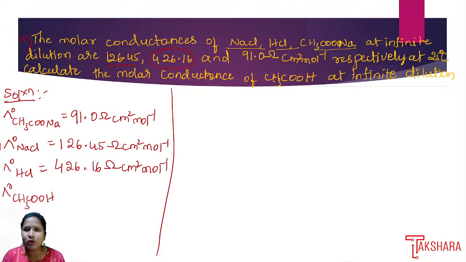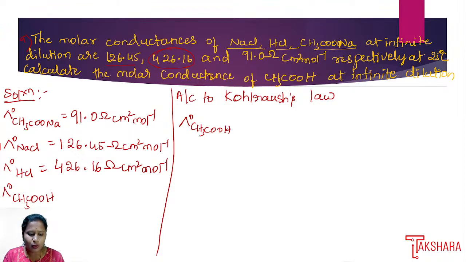Now we are going to solve according to Kohlrausch law. We know the equation: lambda naught of acetic acid CH3COOH is equal to lambda naught of sodium acetate CH3COONa plus lambda naught of HCl